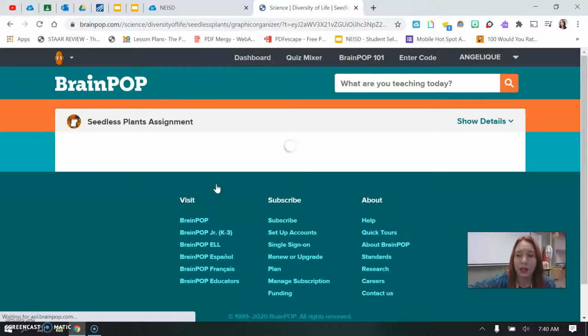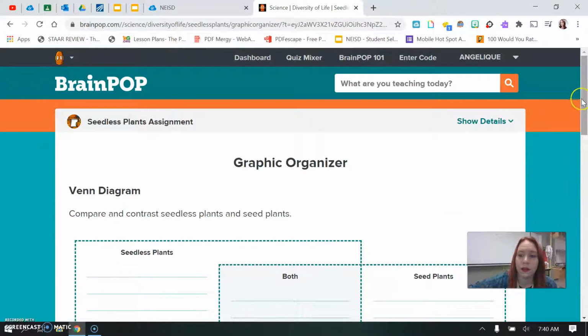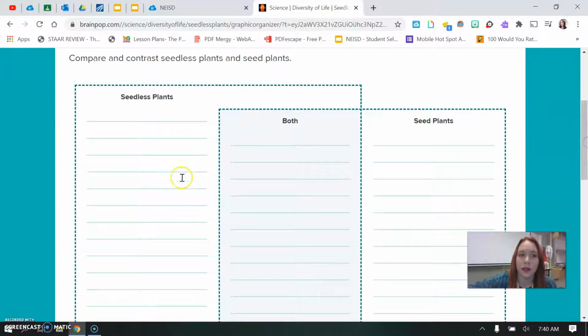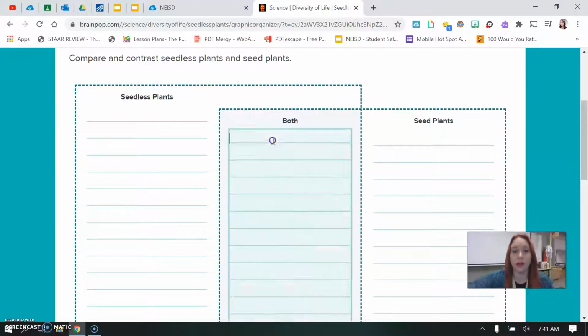And this is kind of like a Venn diagram. You're going to watch the video about seedless plants, and then you'll write down some facts that are unique to seedless plants. And then you'll write down some facts about plants with seeds. And then you'll write the similarities right here in the both box. So all plants